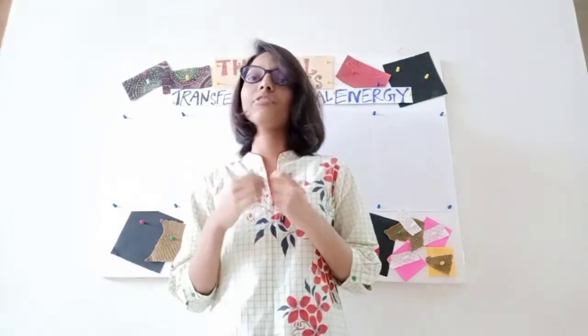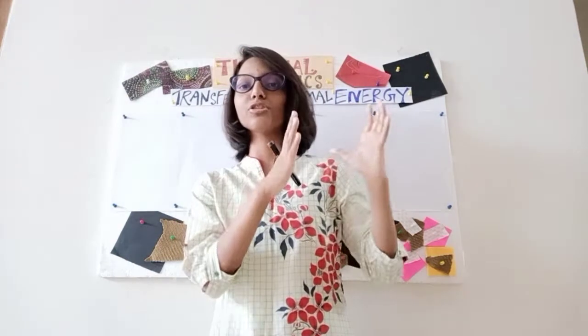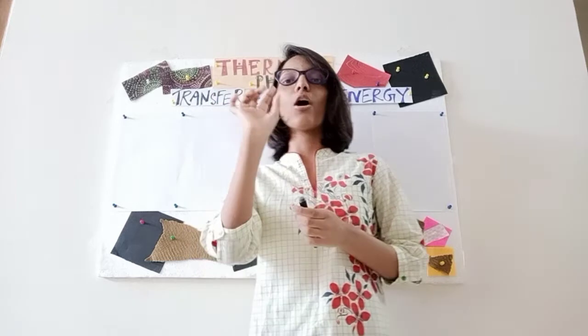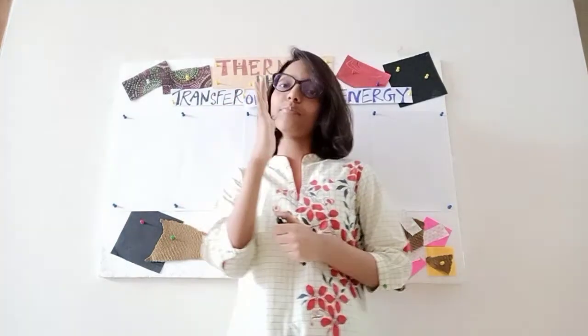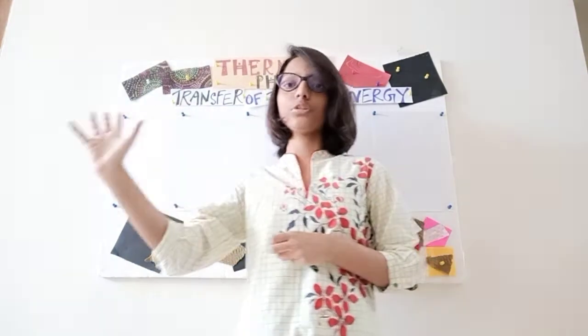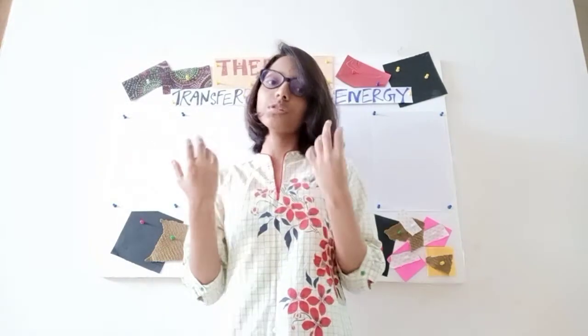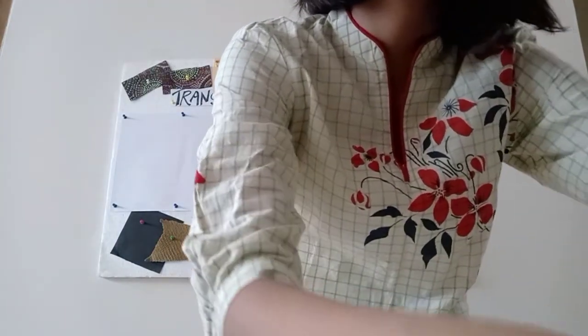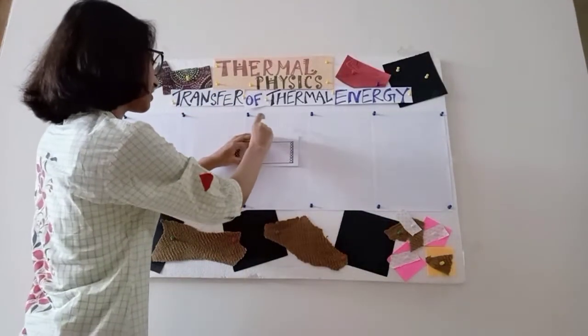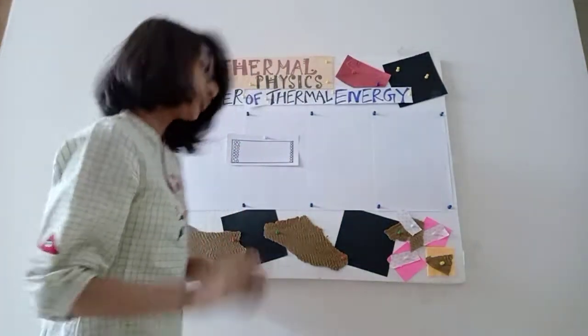So, vibrating about a fixed position, when heat is supplied, that is the hotter region. The molecules in the hotter region vibrate more, and they vibrate more. In this way, they vibrate with the neighboring molecules, and through molecular vibration they transfer the heat from the hotter region to the colder region, and then transfer heat along the whole solid. I have an easier way for you to understand, but please excuse my drawing because I am super bad at it.